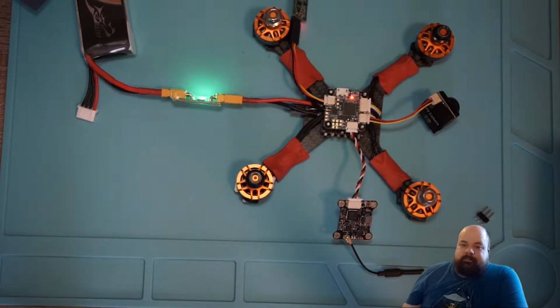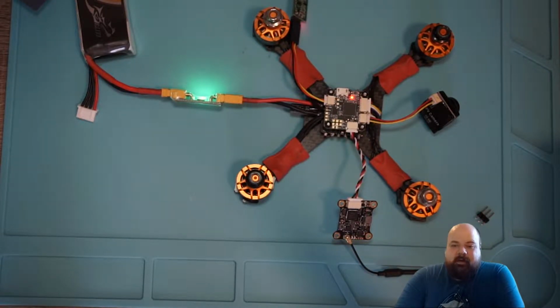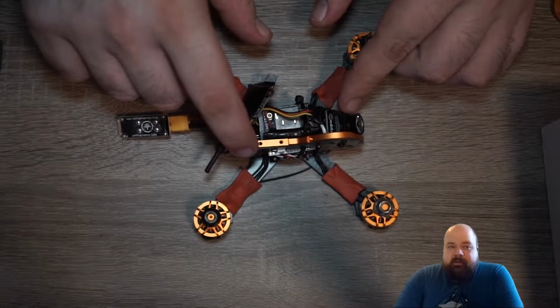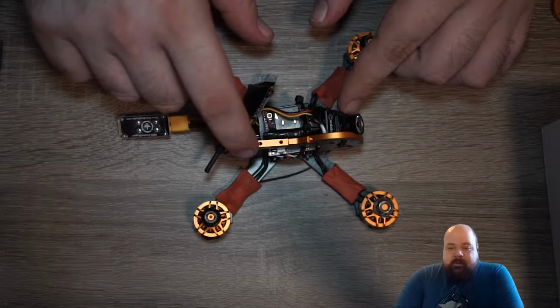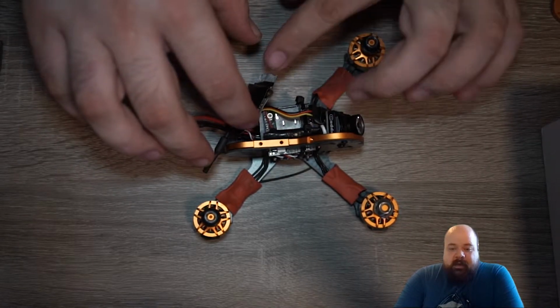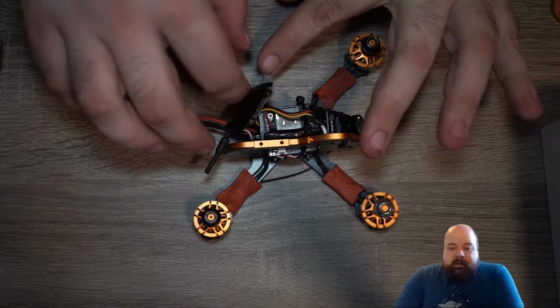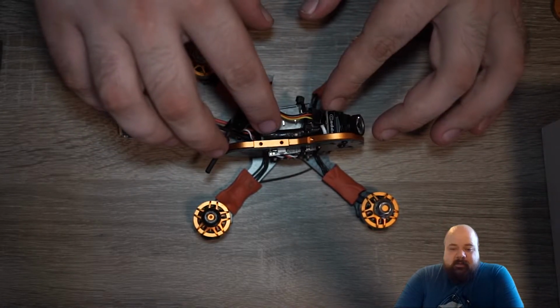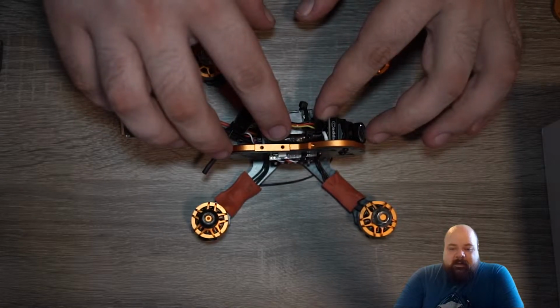Happy that, well, everything worked as I hoped it would, I started actually putting together the rest of the drone, meaning I removed the stock camera, replaced it with the CADX Turtle 2. I knew I wouldn't have enough space within the drone, but that was made even worse by